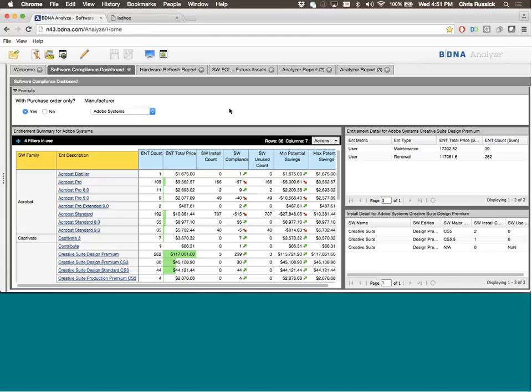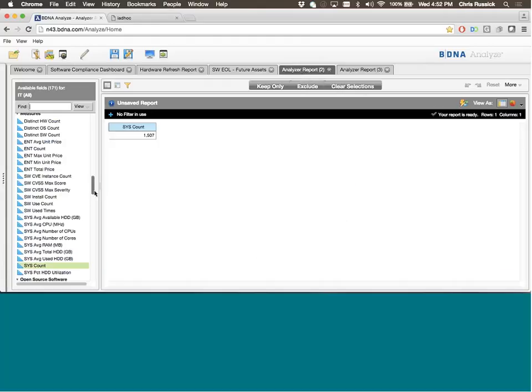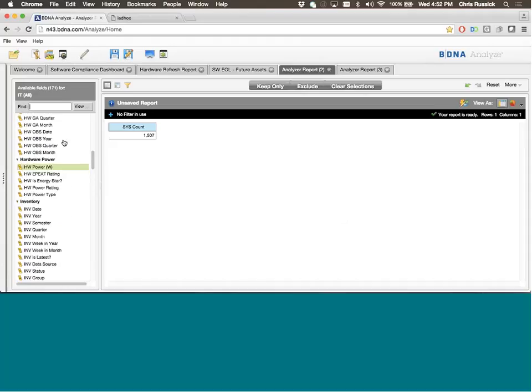The next I'd like to jump over to is the hardware refresh. And the intent here is to determine what hardware is out of date, what's more than 3 years old or 4 years old, whatever your organization deems is important. So we're going to bring over your system count. And for this example, we're going to focus on desktops. So I'm going to come up here to